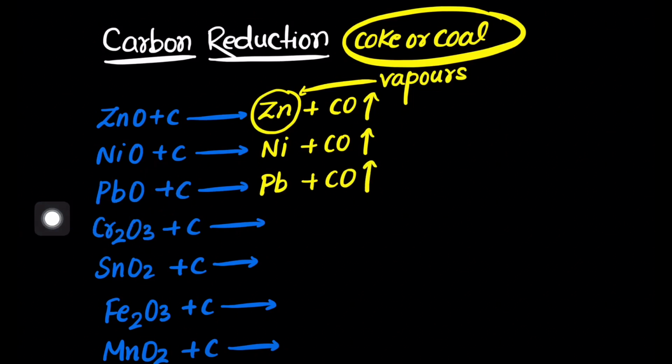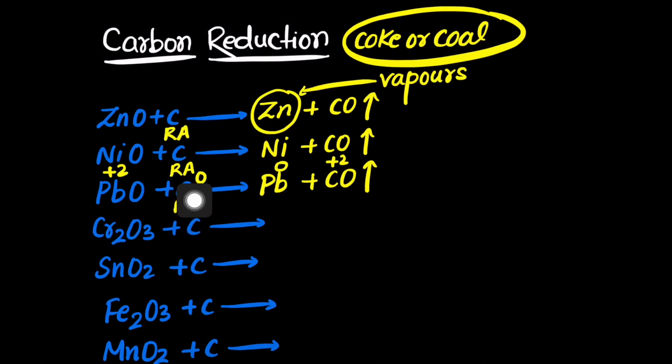In all of these cases, carbon acts simply as a reducing agent, because it goes from zero oxidation state to +2, so it itself gets oxidized, and lead goes from +2 to 0, so lead is getting reduced. So this is reduction of metal oxide to metal and oxidation of carbon to carbon monoxide. So we can say carbon serves as a reducing agent in all these cases.